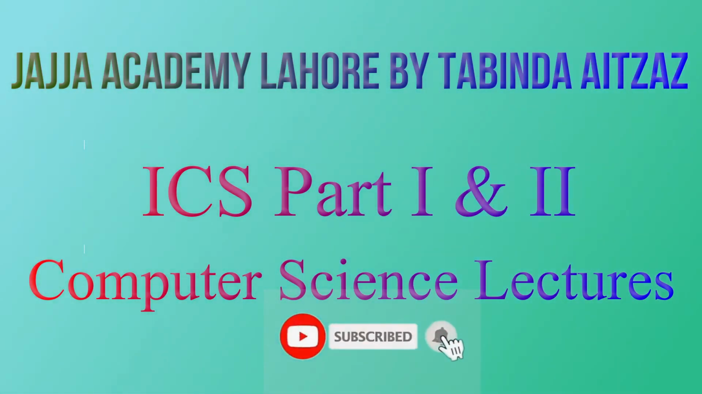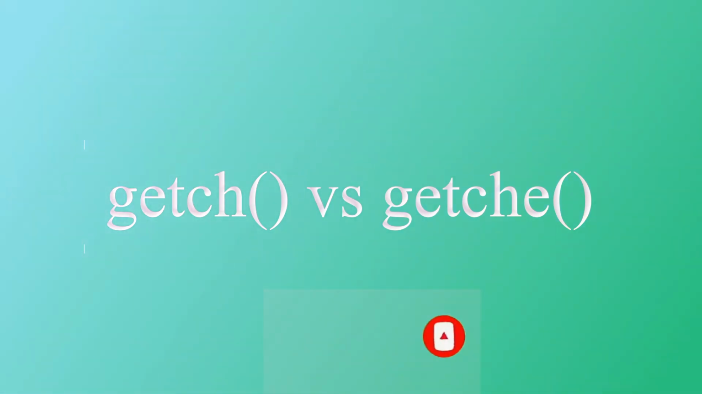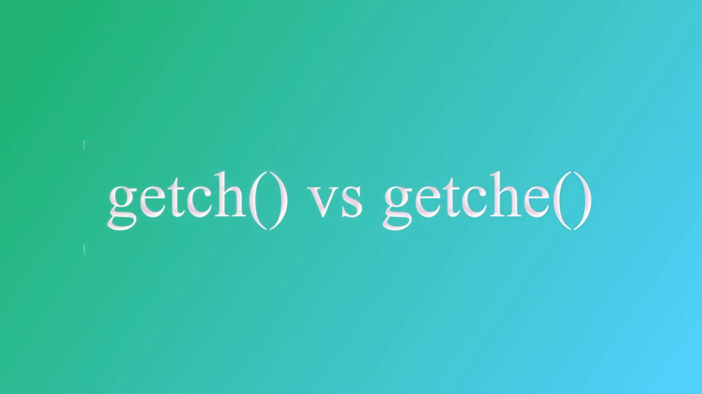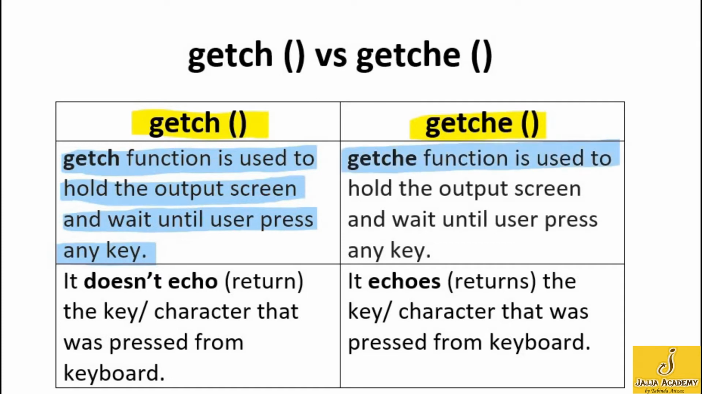In this lecture, I am going to explain the difference between getch function and getche function in C programming language. The getch function is used to hold the output screen and wait until the user presses any key from the keyboard. And the getche function also performs the same thing. That is, the getche function is used to hold the output screen and wait until the user presses any key